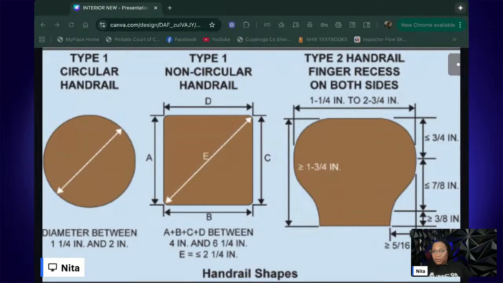The handrail should be how many inches above your tread at a minimum? 36. I'll take 36. At a minimum, it's 30. So it's 34 to 38 inches above the tread. So the minimum would be